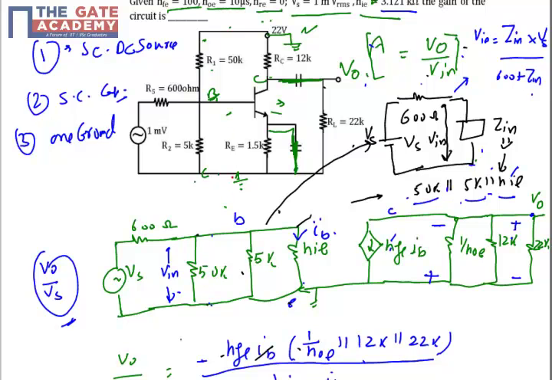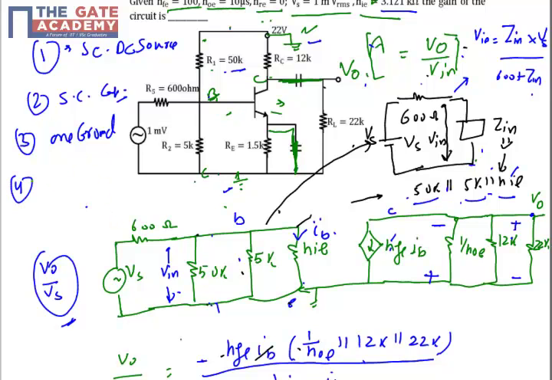Why am I telling you that? In this circuit we have one ground, and because I have short circuited the DC source, I have got another ground. So I will rearrange my circuit in a way that I only have one ground. For example, R1 is connected between base and ground, and this is also a ground, so we can easily redraw R1, which is 50K, from the base terminal to the ground terminal.